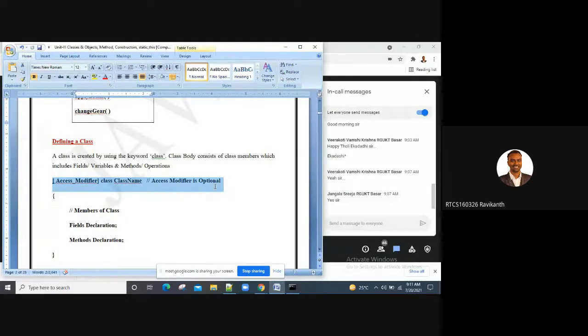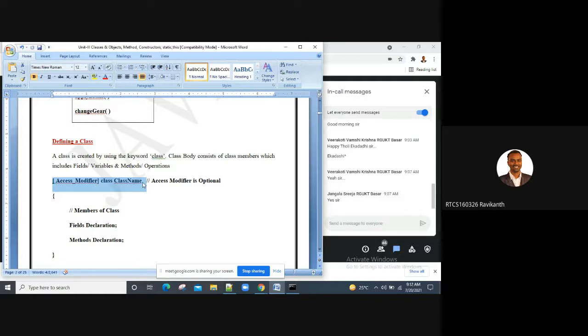Then we have also seen the syntax yesterday, how to write a class. A class is created using the keyword class. The class body consists of class members, which include fields or variables, and methods or operations. The syntax is: access modifier, followed by class, followed by the class name, like public class, private class, or protected class.